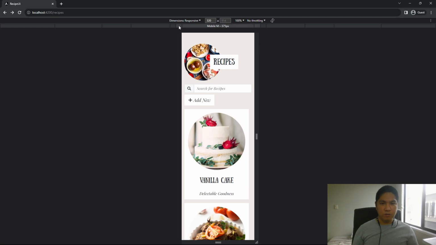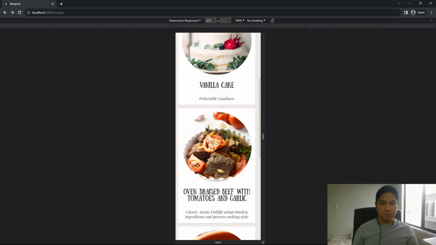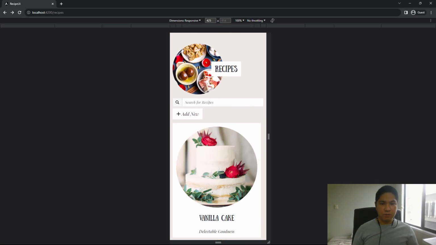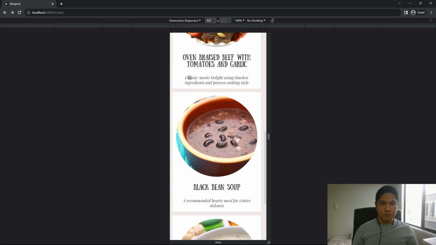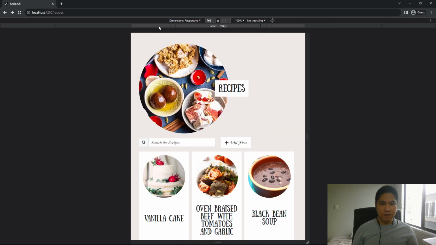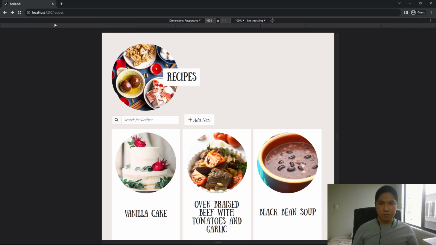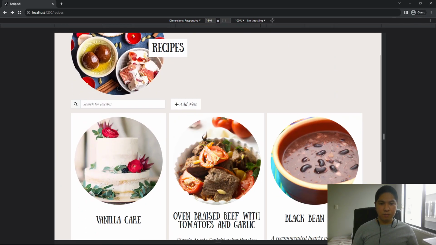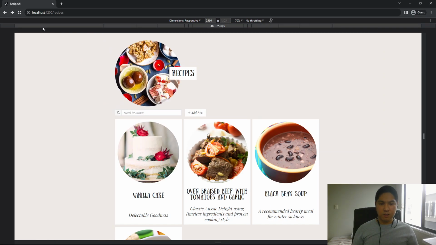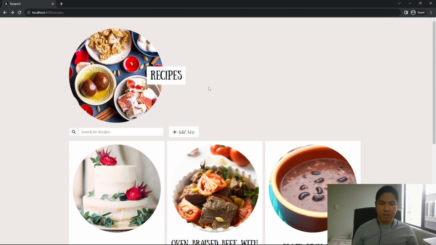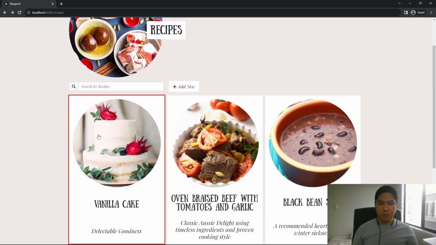And that's for small. This is for medium, large, tablets, laptops, large laptops, and a 4K monitor. And lastly, this has links to a dummy edit recipe page,